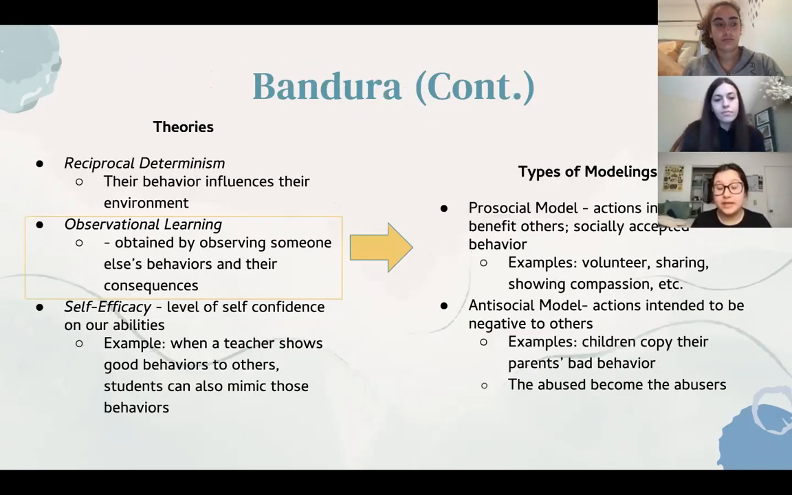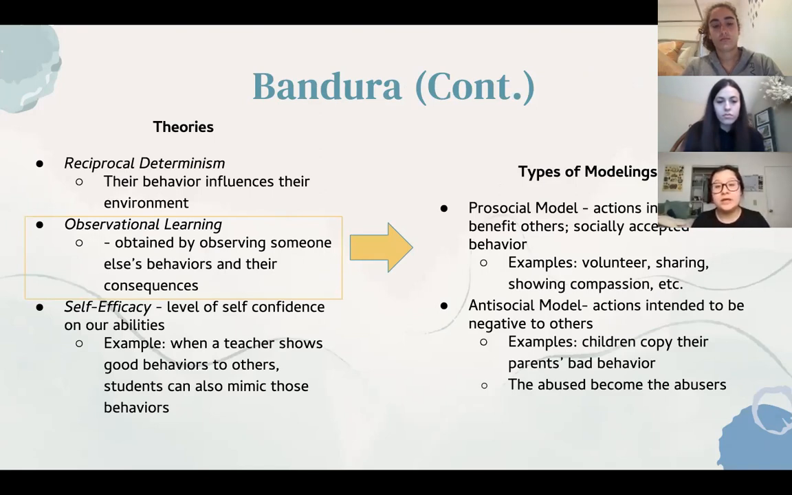And he had 3 main theories. The first one being reciprocal determinism, observational learning, and self-efficacy. So reciprocal determinism is that there are factors, their behavior influences the environment. The 3 factors that go with that are the individual, the environment, and the behavior, which all play a role